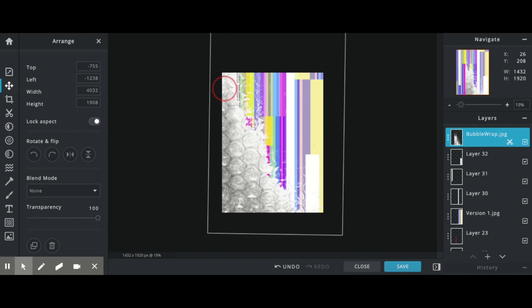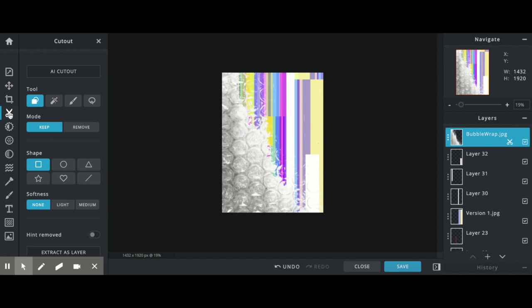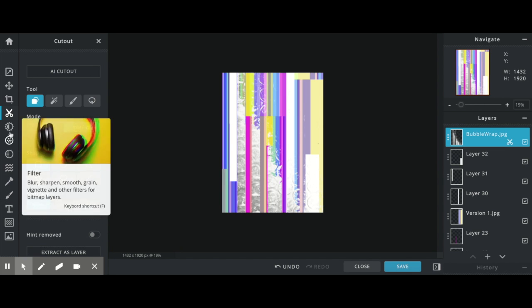So I do like the way these circles are occurring. But if I want to go back into my tool for removing, I can use the rectangle so that I can almost create these bands that are still happening. I think that we might get some interesting moments where the texture comes through sometimes and where the color comes through sometimes. I'm going to go again into my adjust tool here,